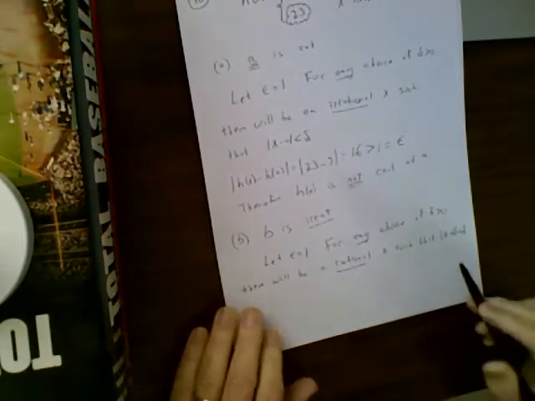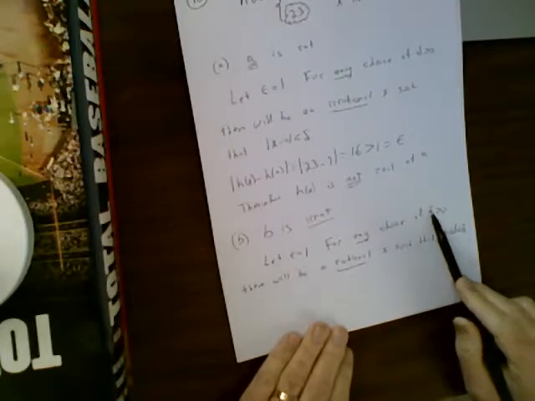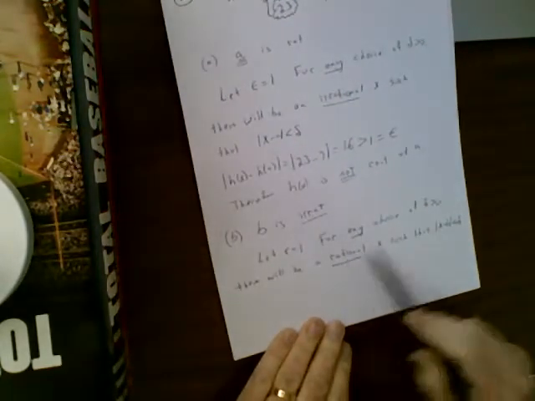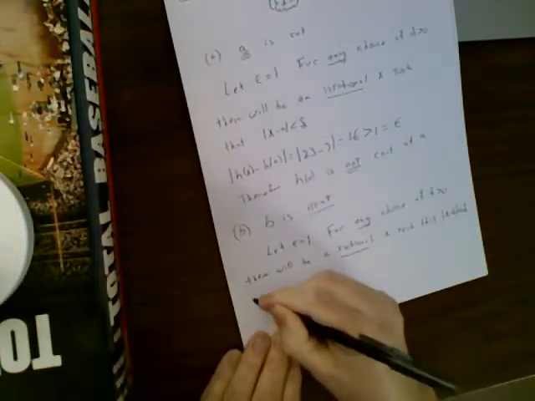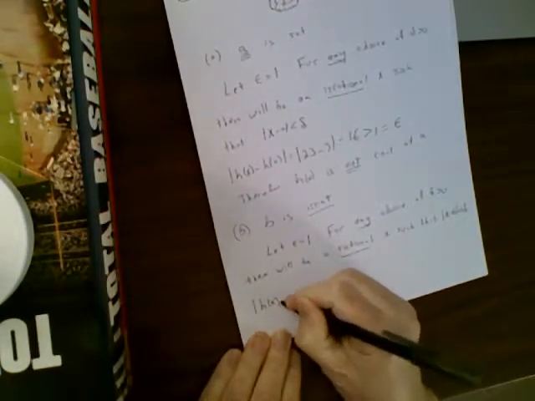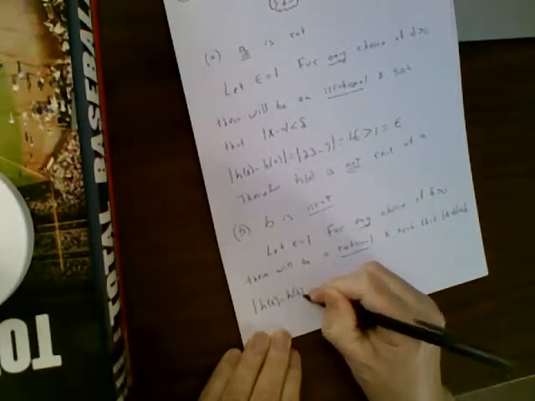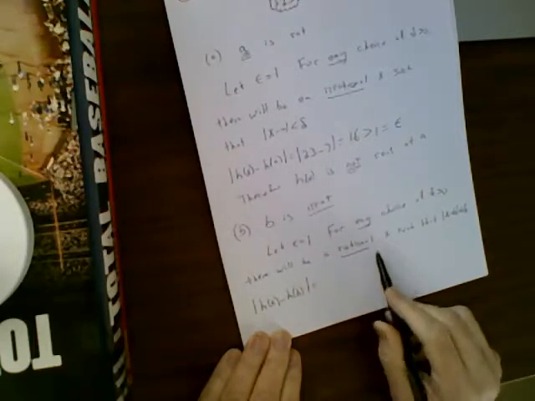That is, no matter how small delta is, there's always going to be a rational number within delta units of b. So that says when you compute the absolute value of h of x minus h of b,